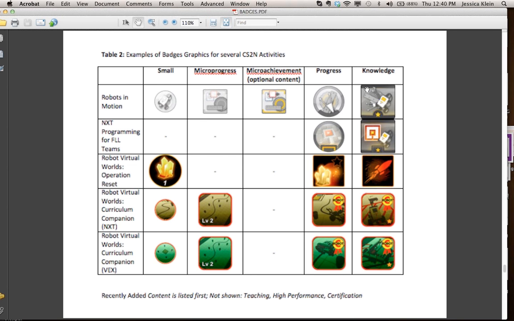Like I'm looking at the Robots Virtual World Curriculum Companion, and that final knowledge badge is a pretty complex badge. Right. And I think that some things are more successful than others here. For example, I think that scaling texture works really well, and scaling pattern works really well. Scaling by just adding more elements doesn't seem to work as well in general, just because it adds this layer